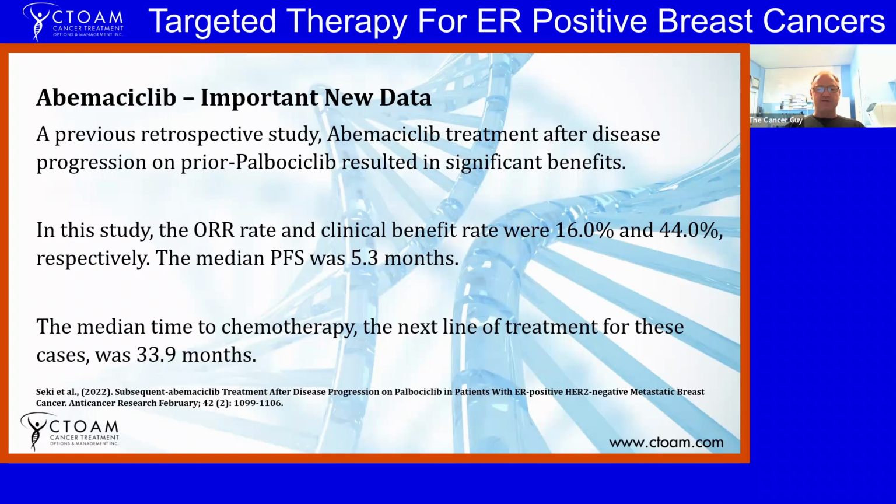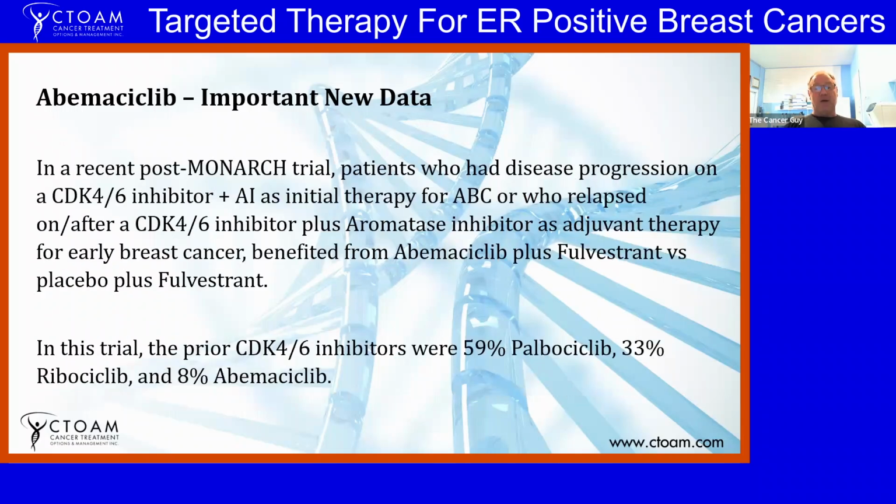What is really important is the median time before these patients had to go to chemotherapy or the next line of treatment for these cases was 33.9 months. So, over 2 years, definitely. So this is a significant benefit here because it's putting off the chemo. And just by doing subsequent abemaciclib after progression on a previous CDK4/6 inhibitor. So that was previous data from